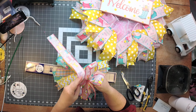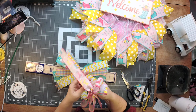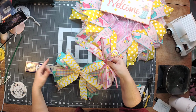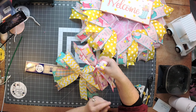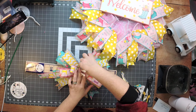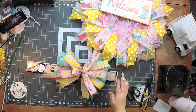Twist. I would suggest, if you're getting this as a kit and it's your very first time making a wreath, I would suggest this. Okay, here's my 2 loops. I'm going opposite, so I'm not paying attention to this. This doesn't count as my loop count. I would suggest this for the rest of your mesh,